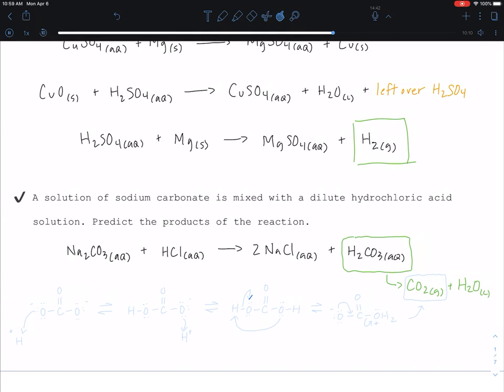So what just happened? Let me draw it a different color down here. I'm going to take the spectator ions out. The chloride and the sodium are just spectating, so I'm going to take the net ionic equation here. What's happening? Well, I've got the carbonate anion, right? So this is what it looks like, and I'm going to just draw one of the resonance forms. There's no need to draw